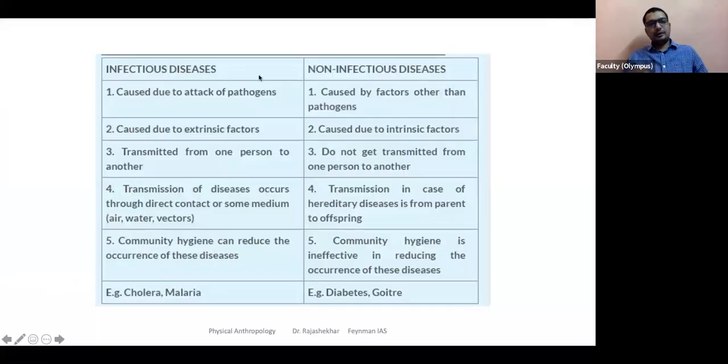So infectious diseases are diseases that can spread either directly from person to person or through some components that I'm going to explain. Physical or biological components, not physical, biotic components we can call. Maybe mosquitoes, maybe air, maybe water. Some components can actually spread the problem. Correct? Those diseases that can spread from one to another are called infectious diseases.